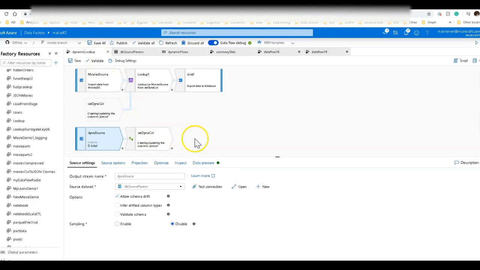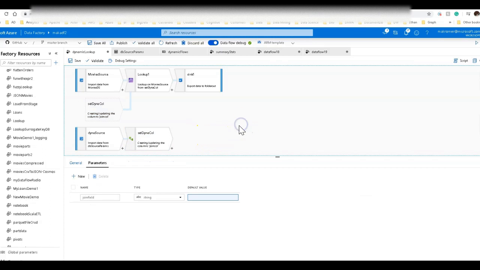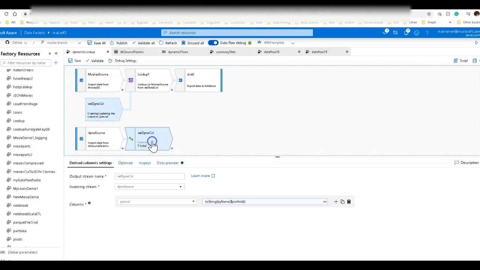In addition to that, because I'm now making this dynamic so that we can match on any column, I need to also pass into the data flow the name of the column I want to use for my matching criteria. So under parameters for data flow, I have a string parameter called join field. Now I'll pass into my data flow at execution time the name of the table and of the column that we will match on. So to get that column name out of this dynamic source, I use a function in